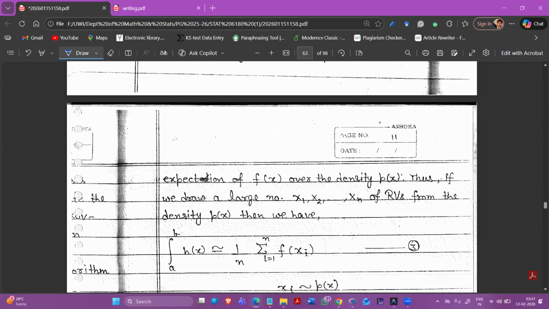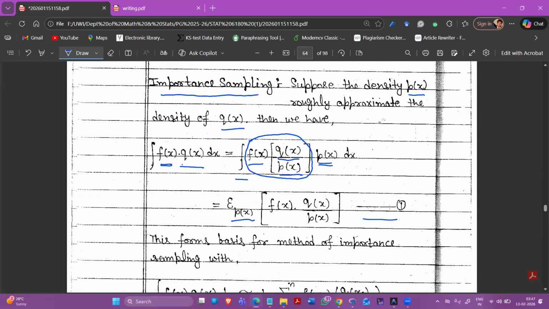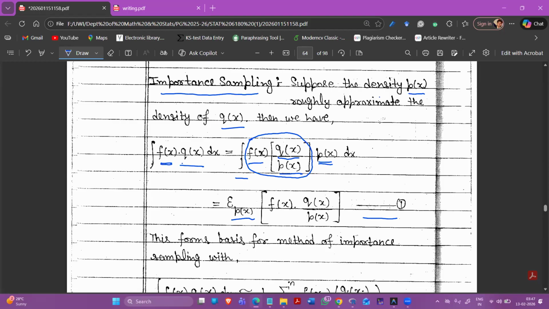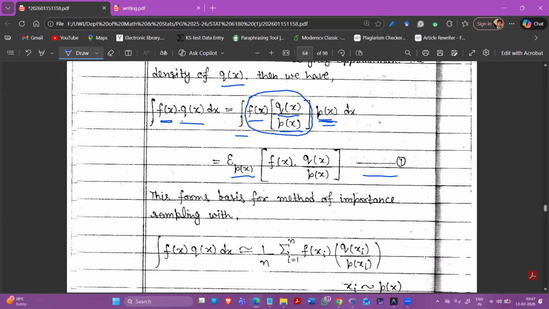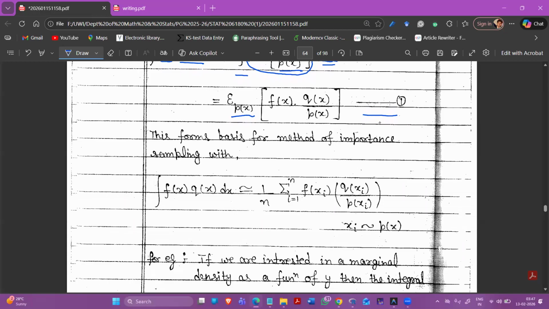Because in this one, they are already providing you one density function, that is your q(x). So here you need one density function that is approximately similar to, or can overlap, your density q(x). So you need to choose one density function here. All right. So in this one, this forms the basis for the method of importance sampling, with the integral of f(x) into q(x) with respect to x